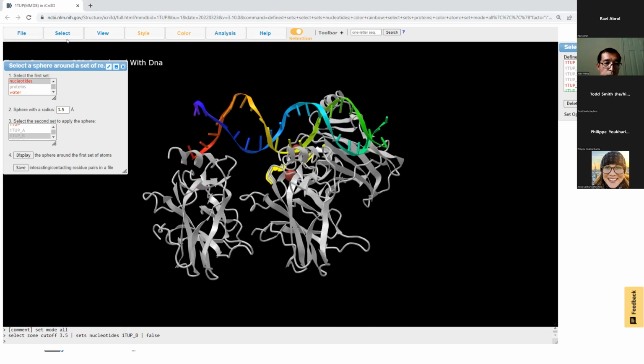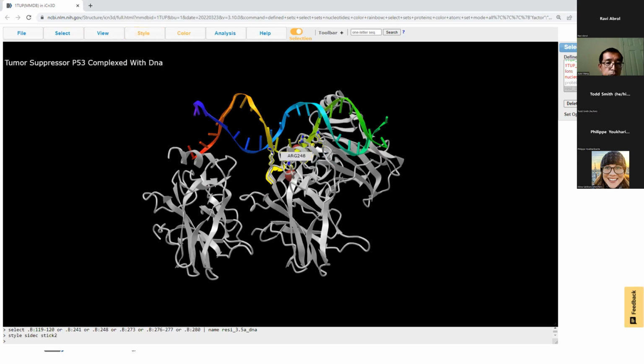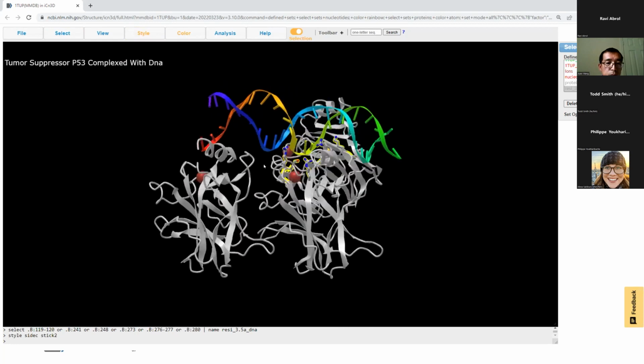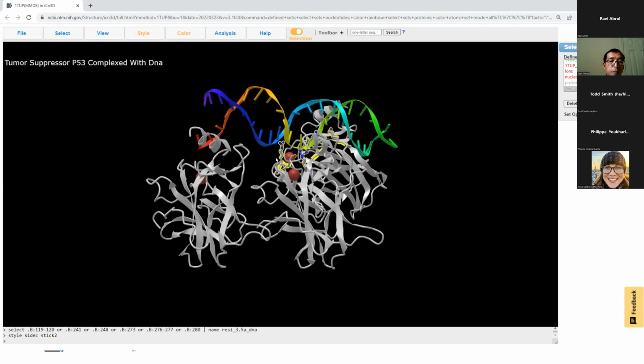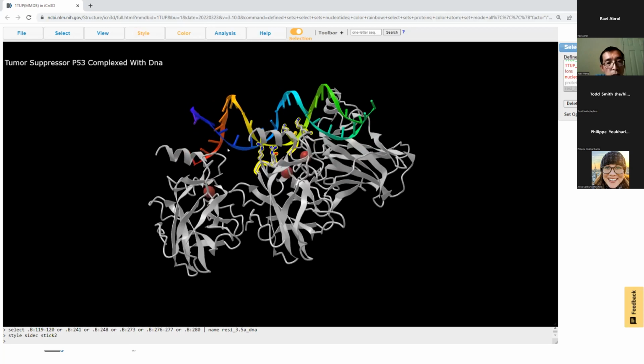Again, I think it's good practice to save this selection. I'm going to use a similar naming convention, which is Resi 3.5A to DNA. Hit save, so it comes over to the selected set again. I am going to style this in stick, so it's a little bit more obvious what's going on. And there you can see how those side chains are reaching into the DNA and helping maintain the DNA protein